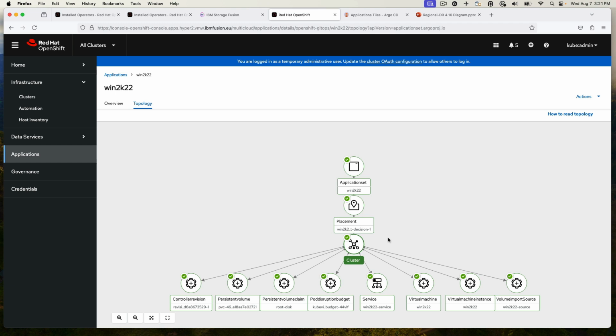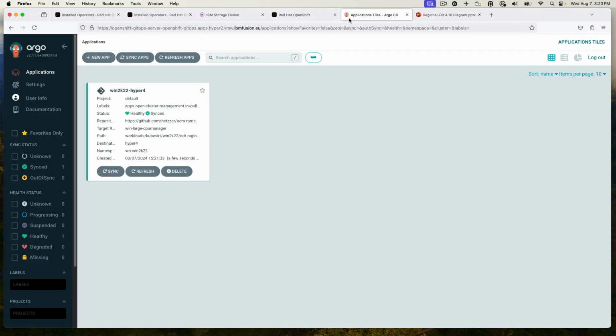In order for this to work, because it is a disaster recovery solution, it's not necessary that the cluster where the virtual machine is currently running is accessible or even working. So we're able to move or fail the virtual machine over to the secondary cluster, whether or not the primary is available and working. Let's check Argo CD, and we see that it is already on the other cluster, Hyper